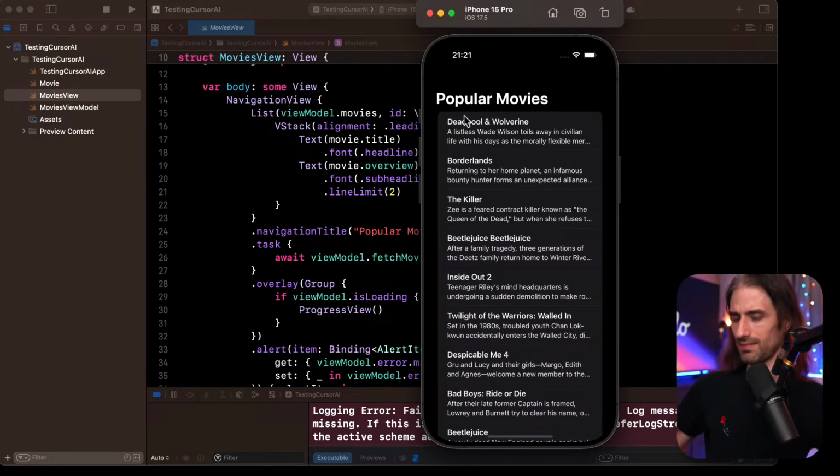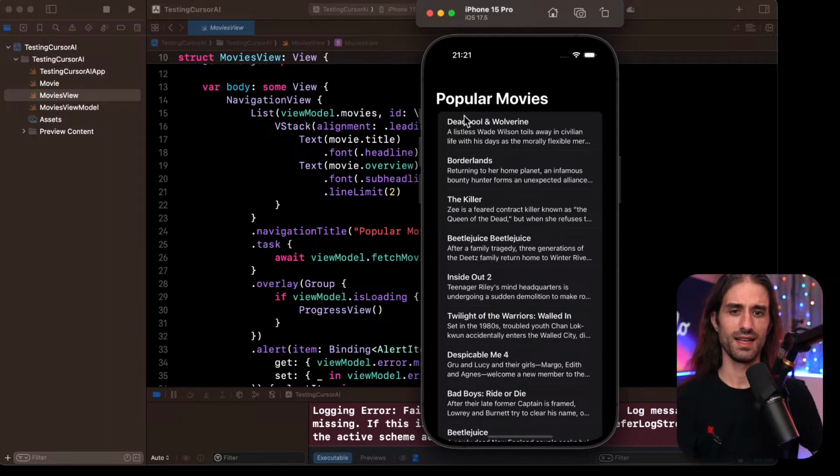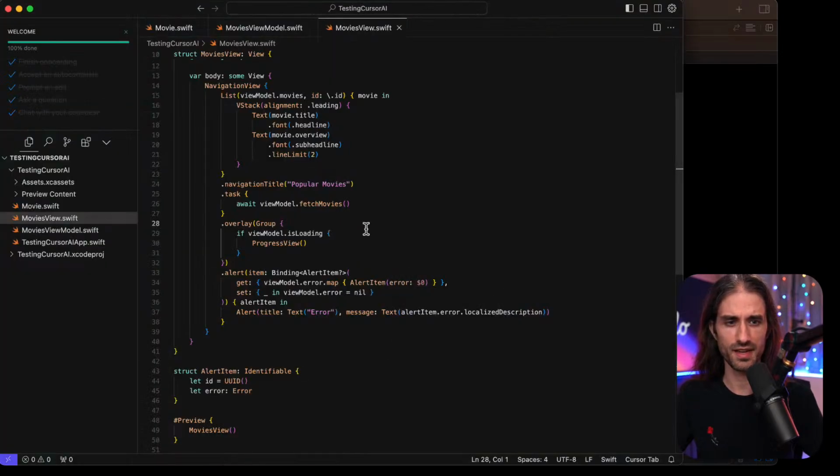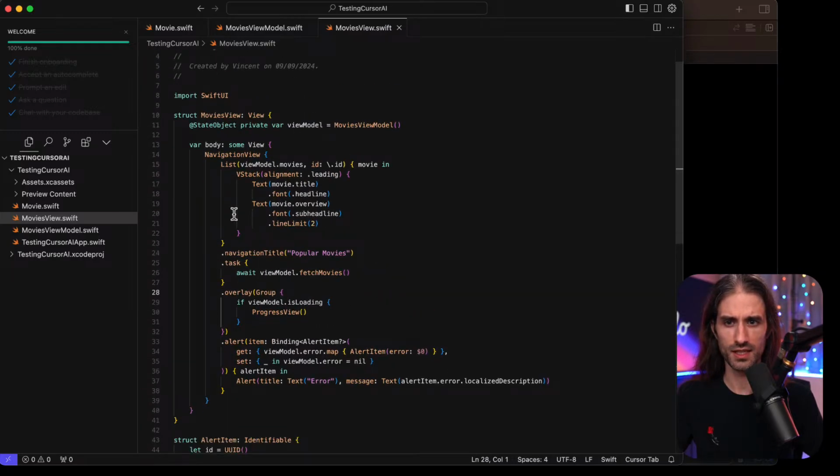So you know what? Just adjusting my chair. I'm gonna ask it to also display the image, because displaying an async image can be a bit complex in SwiftUI. So let's see how it fares with that. So yeah, here.